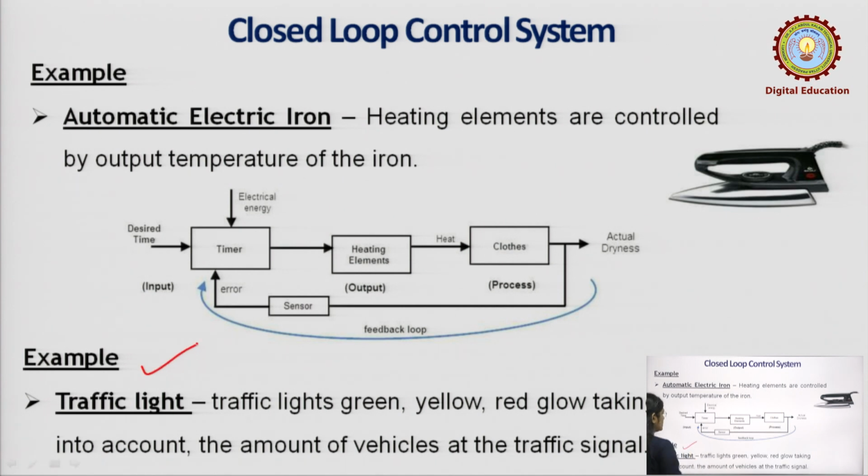Now, another example is the traffic signal, which I also covered in the open loop part, but here we compare a traffic signal as an open loop and a closed loop system. If the signal is on for a particular preset time, then it becomes an open loop control system. But if the signal, that is the green, red and yellow light, is not preset but dependent upon the number of vehicles at the traffic signal,